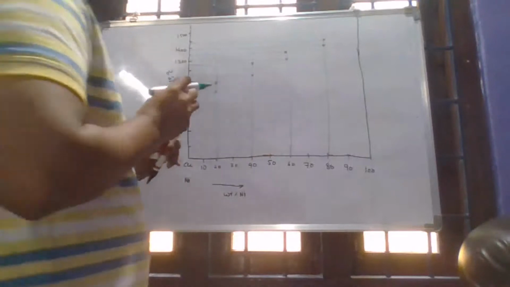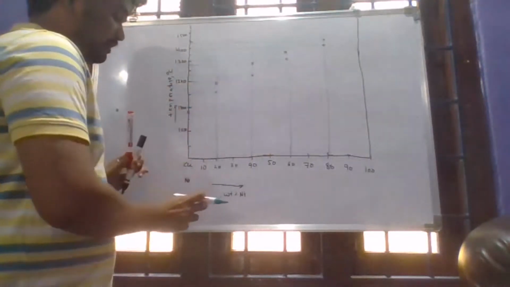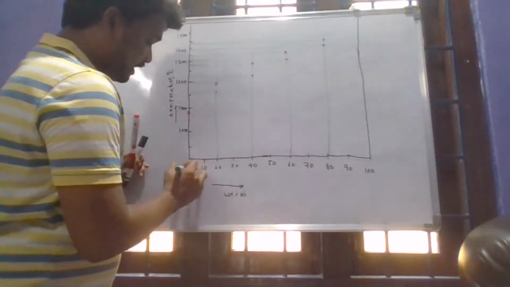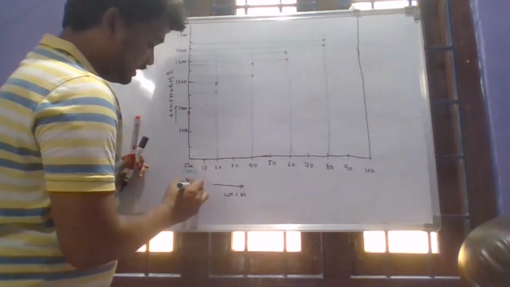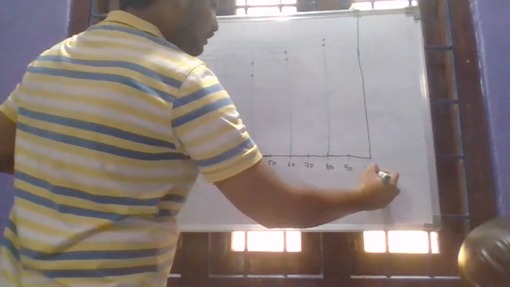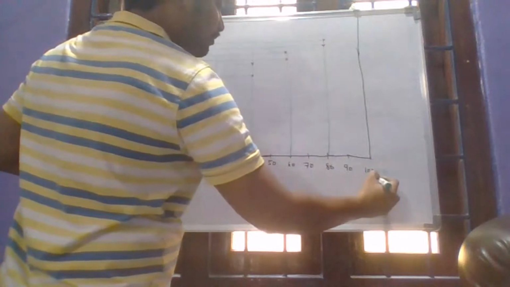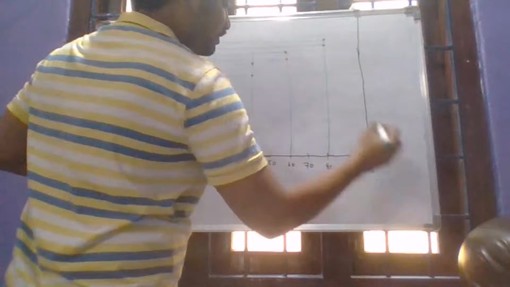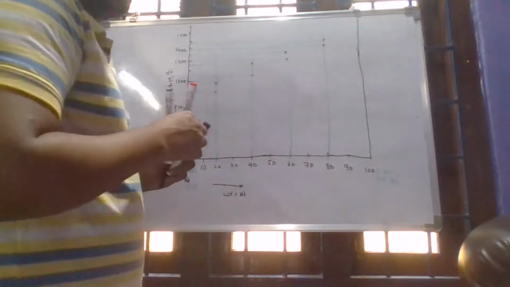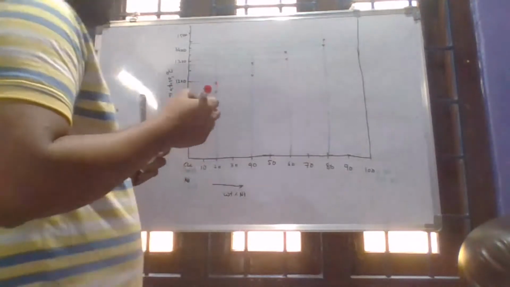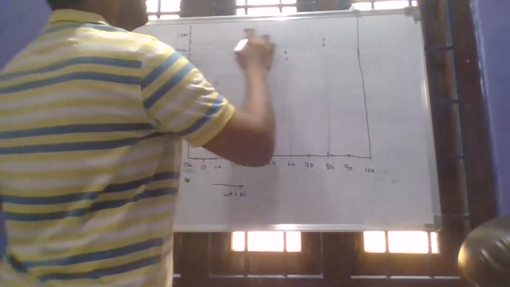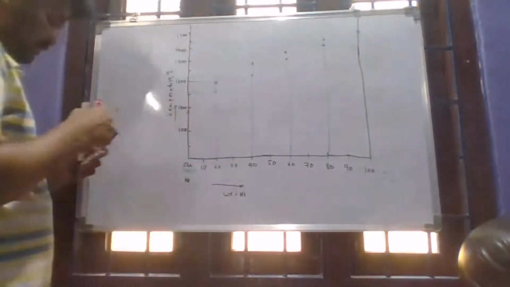Then finally for 100%, it is going to be pure nickel. At 0% nickel it is going to be pure copper, which is 100% copper. At 100% nickel, the nickel is in pure form and the copper is 0%. So the last temperature represents the melting point of nickel, 1455, which we draw at about 1450.